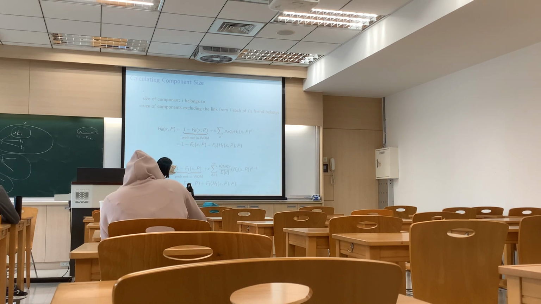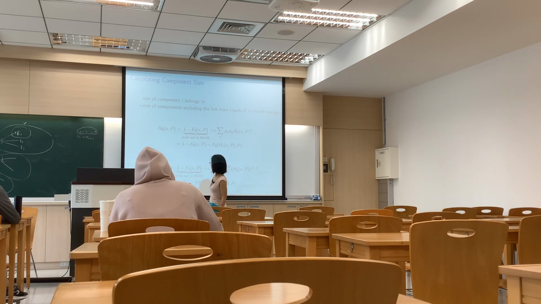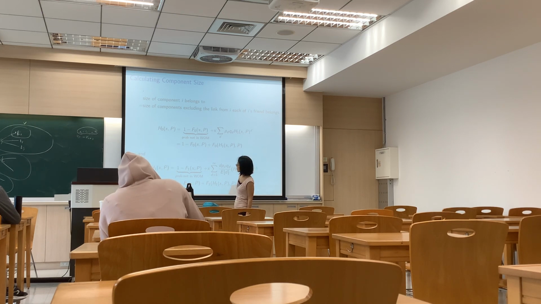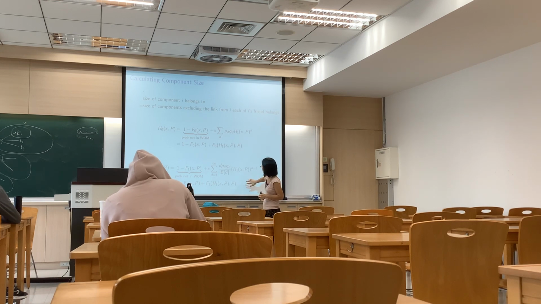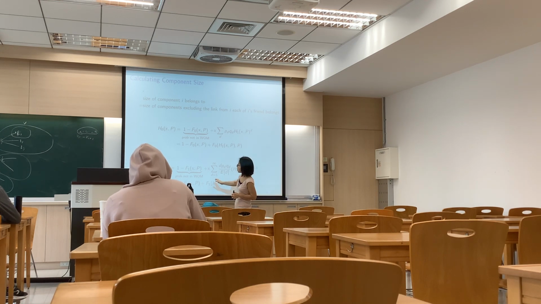So this is x to the power of 0, it's just 1, times the probability that this node J is not susceptible, so not in the word of mouth network. And that happens with this probability. So this is the probability of not being in the word of mouth network. Right? Plus here. Now we're doing